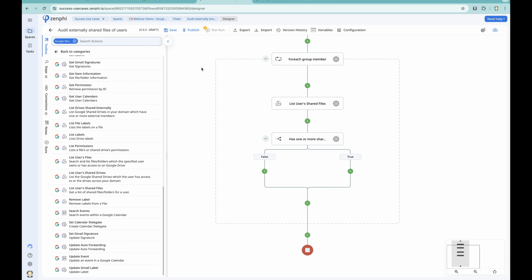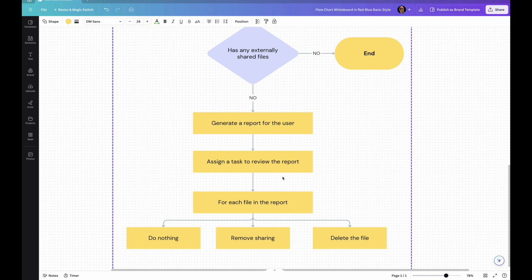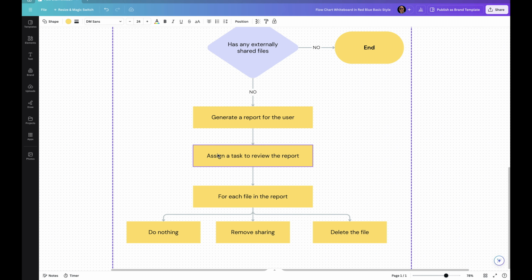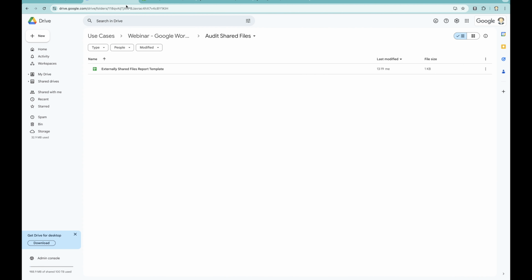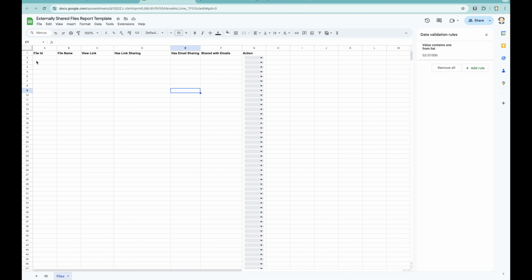In the true branch, what we want to do, let's go back there. You want to generate a report for the user for a list of files that the user has got. So in order to generate the report, we're going to head here. I've already created a Google Sheet as a template. So I'm going to create one of these for each user every month basically, then send it to the user to take action on: leave the sharing, remove sharing, delete the file. So let's go back there,